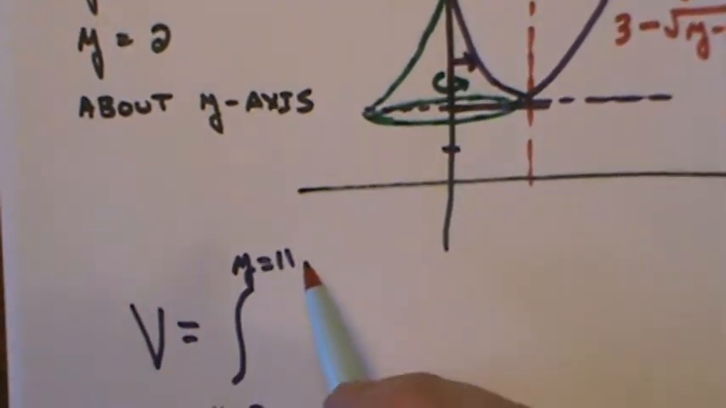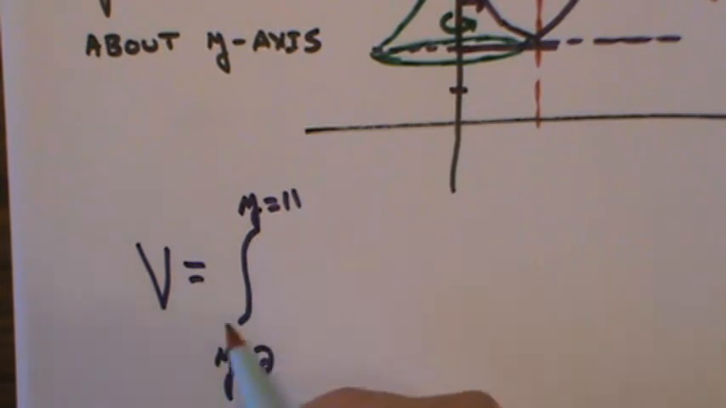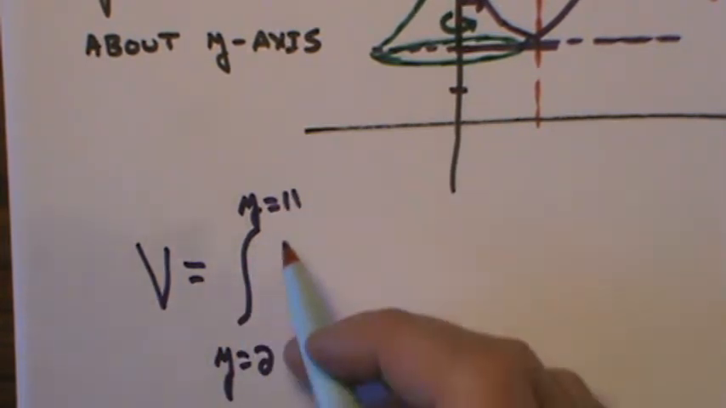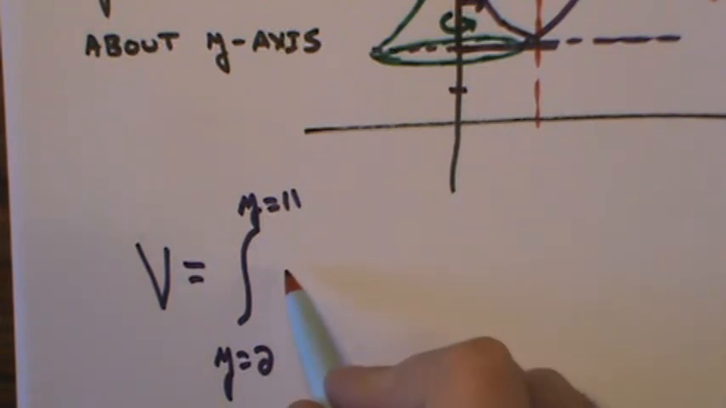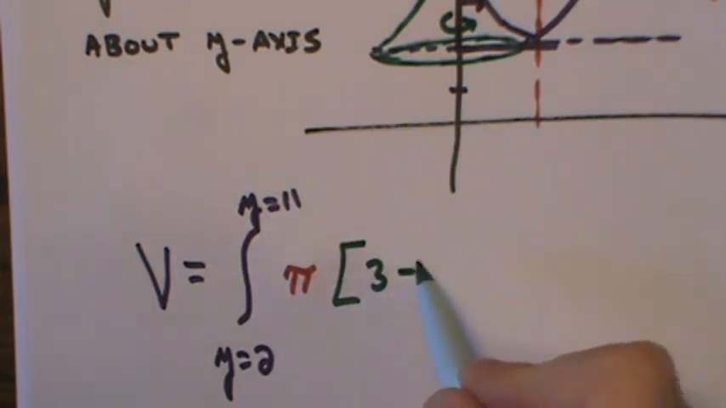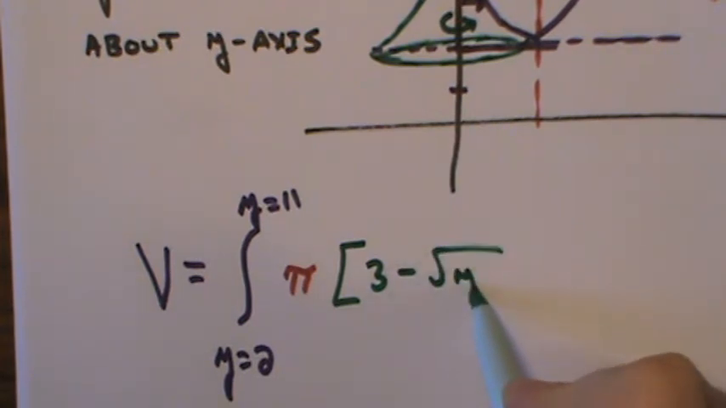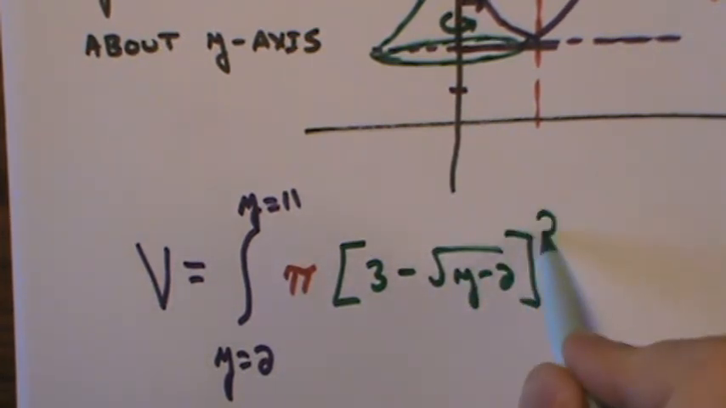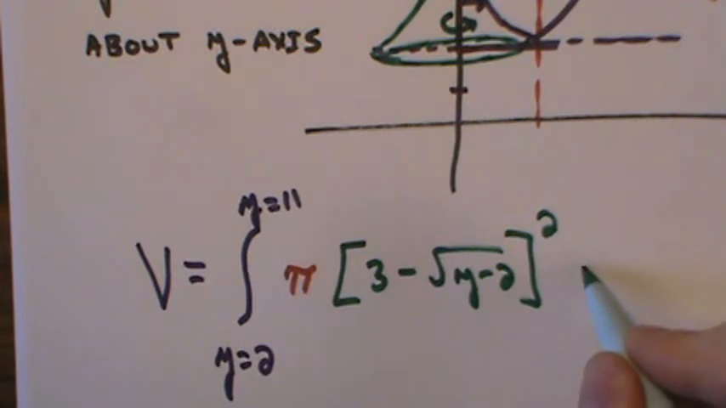That's how I know I have the negative. Now when I go to my integral, I'm going to say the volume is equal to the integral from y equals 2 to y equals 11 of pi, and then I have to take that function and square it. So it'll be (3 minus radical y minus 2) quantity squared dy. And when I put this into my calculator,